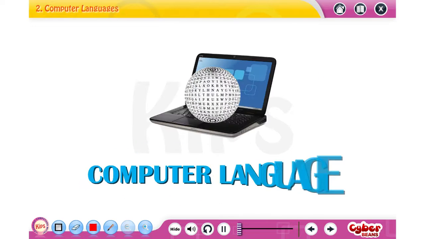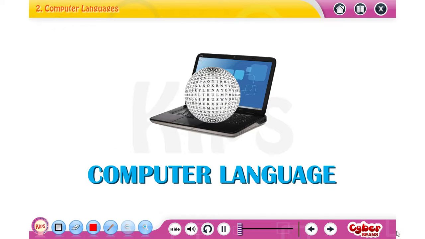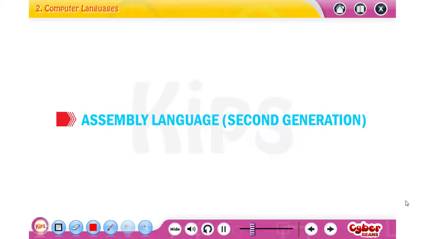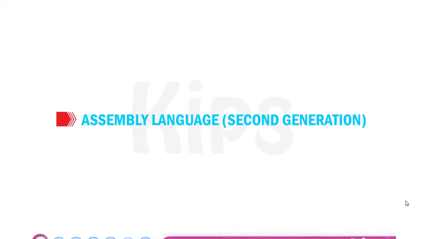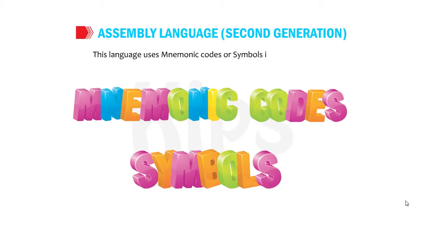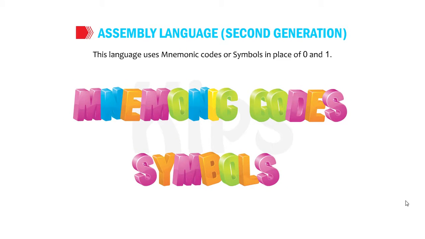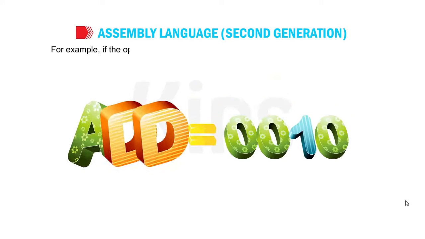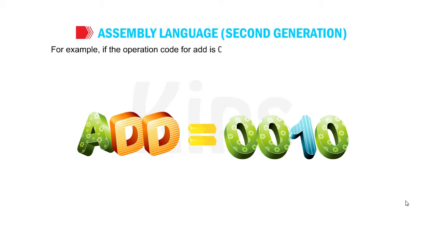Okay, students, today we will learn about computer languages. Let us understand assembly language, second generation. This language uses mnemonic codes or symbols in place of 0 and 1. For example, if the operation code for add is 0010 in binary language, it can be directly written as add